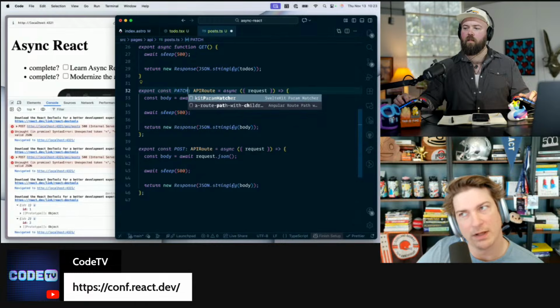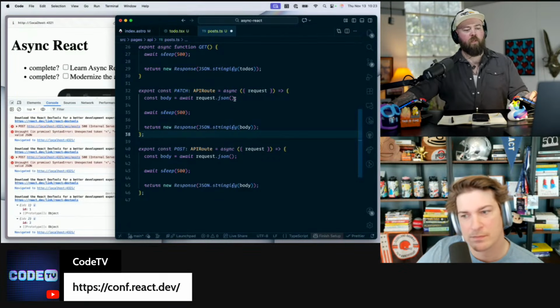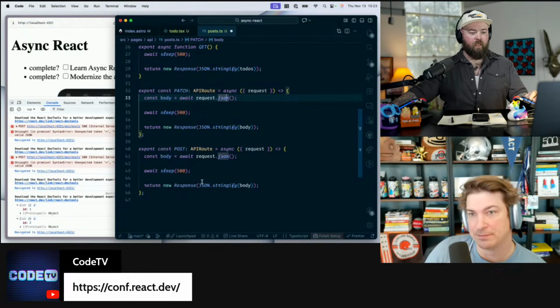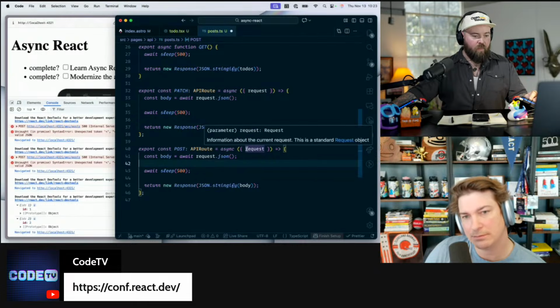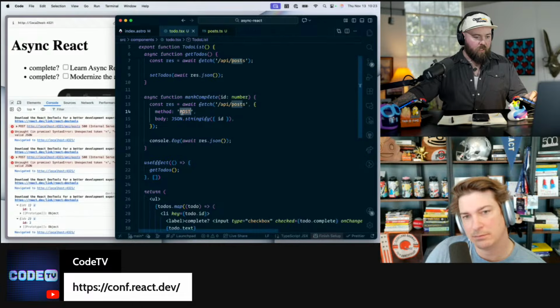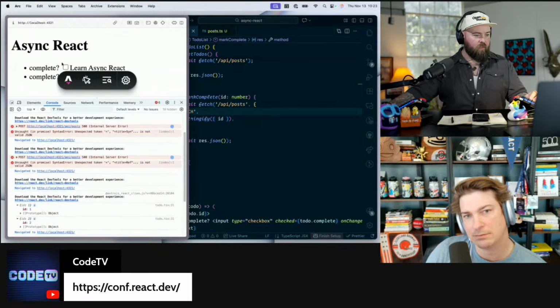A patch would be a partial update. But okay, so just so that I can keep the same route, we're going to use patch for marking it complete, and we'll use post for creating a new one. And so in this one, the request that we would want is to send through. So let me change this one to patch, and just make sure that that still continues to work.